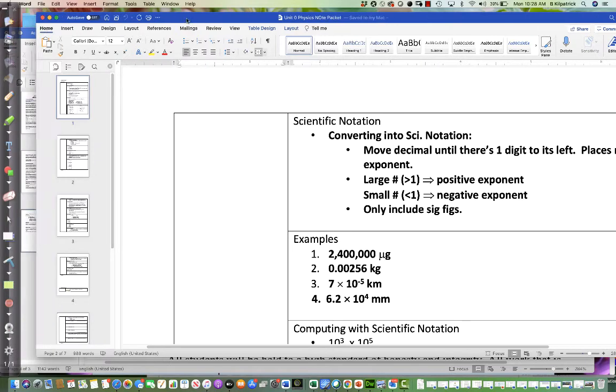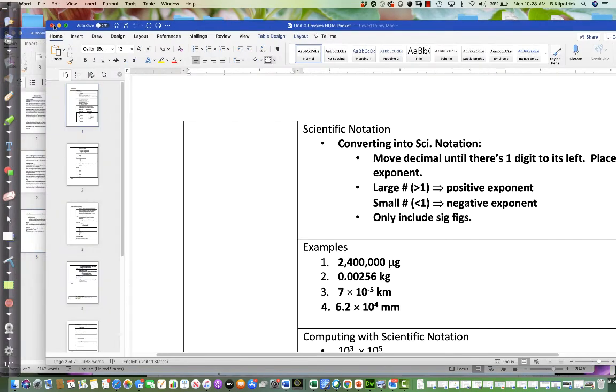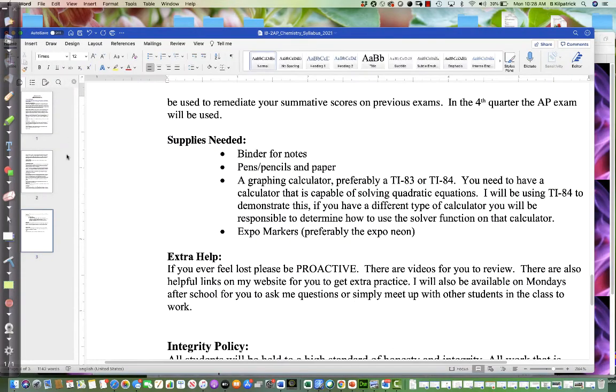Now the homework, essentially whatever doesn't get finished in class is homework. So I will have several students who don't need to do that much work at home. As long as they're staying on top of it in class, they understand the material, they may not have that much homework from me. So like I said, we've started in class. If it doesn't get finished, that's the expectation, that they go home and then they finish that.